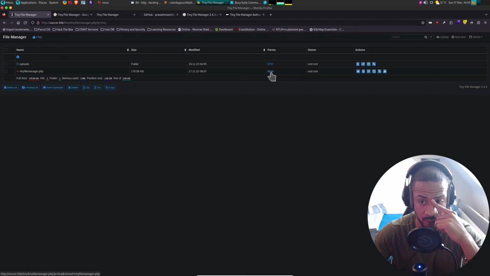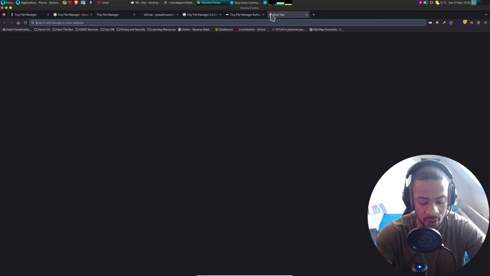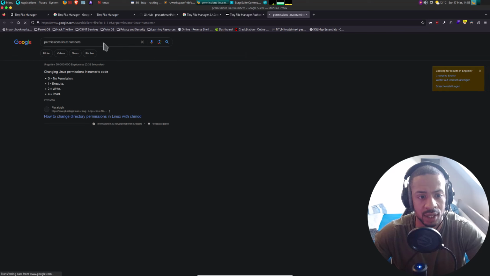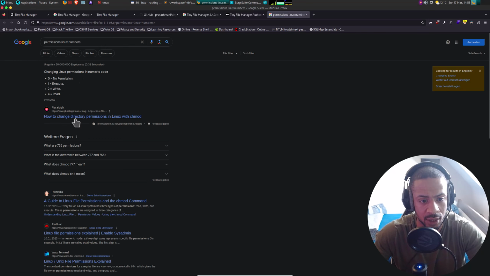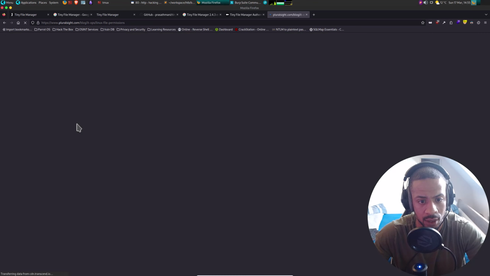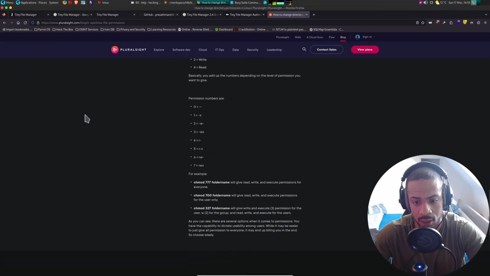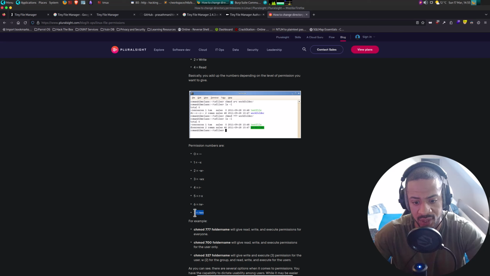And 4 means the right permission is not given. Wait, so let's see this. Permissions, Linux, numbers. I think this is how I can find it. Yeah, so 7 is read, write, execute. 6 is read, write.